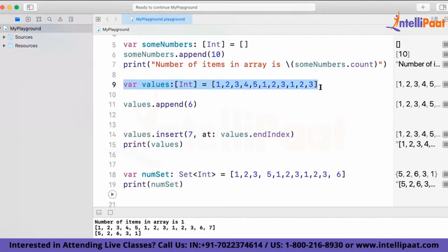Whenever you find time, try to do that. Make a note of this task. Array with duplicate values, convert it to a set so that you have unique values, and then reconvert it or reassign it to the array which had duplicate values. So I have unique values in the array. Would you be able to try that? So what I'm saying is, if you see here, there's an array called values, and it has duplicate